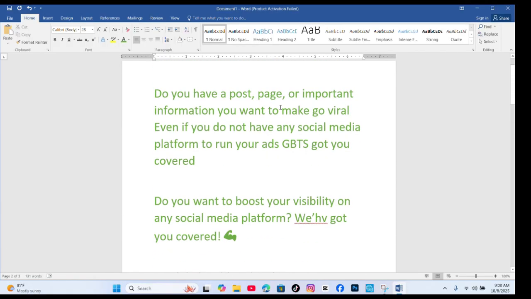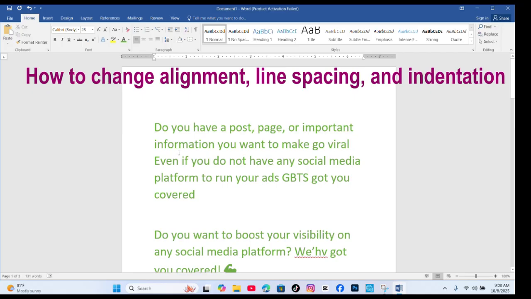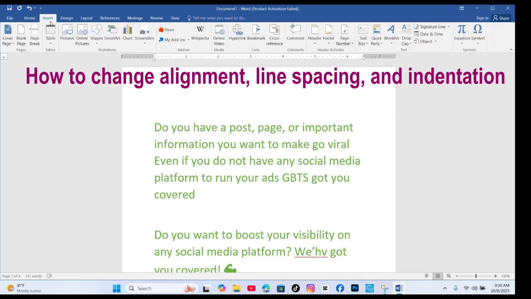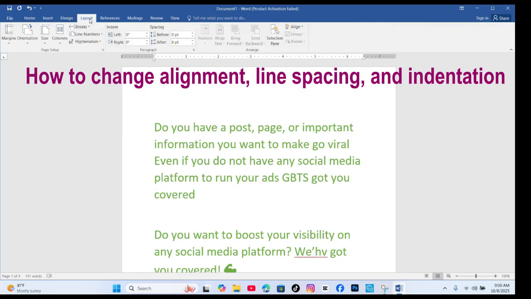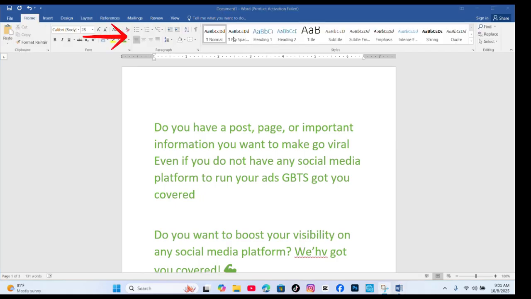So we'll be moving to the next, which will be concentrating on how to change alignment, line spacing, and indentation. How to change alignment, line spacing, and indentation. All this is still found under the home toolbar. So if you click on home,